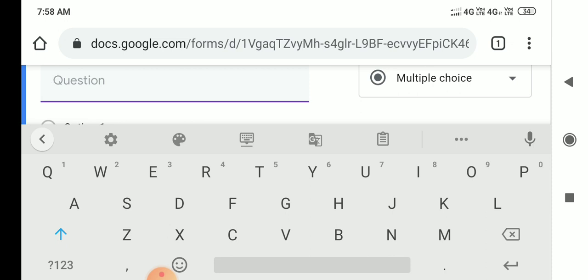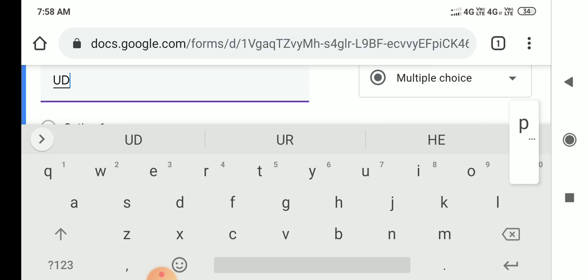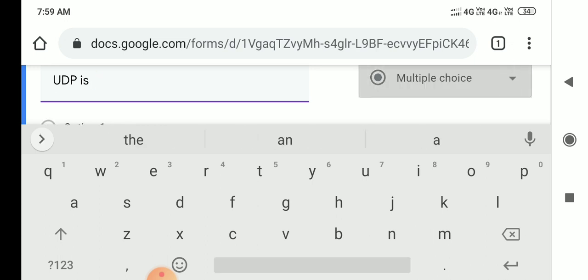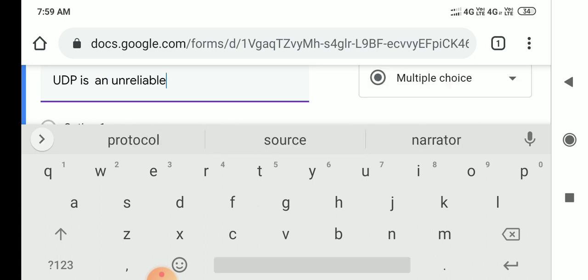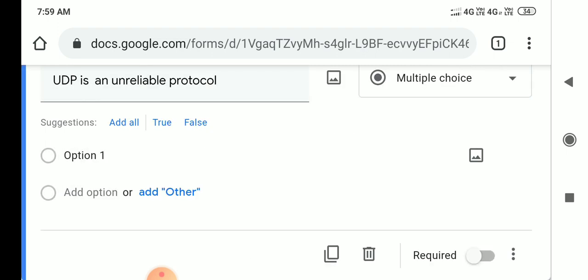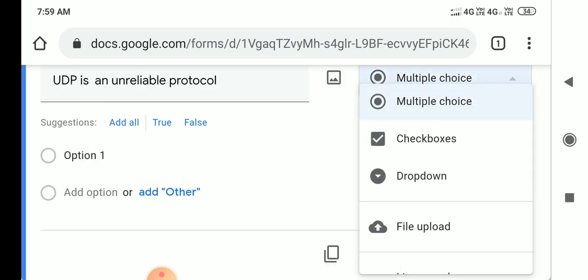The second question is: UDP is an unreliable protocol. Choose question type. I am going to choose checkboxes.